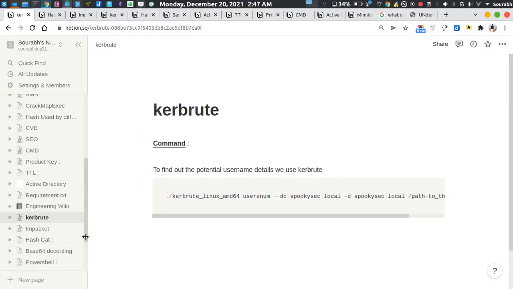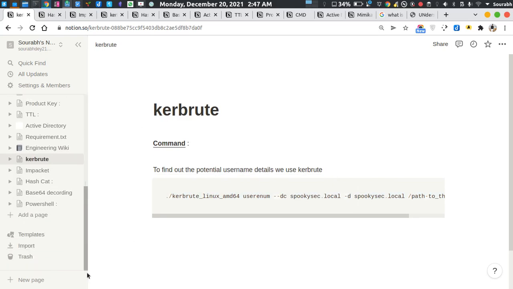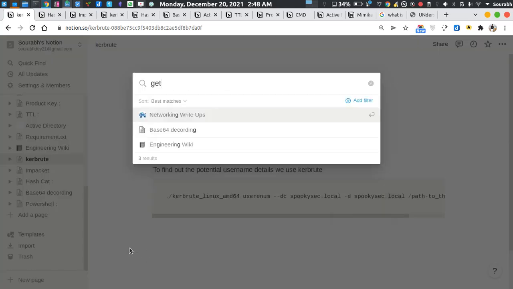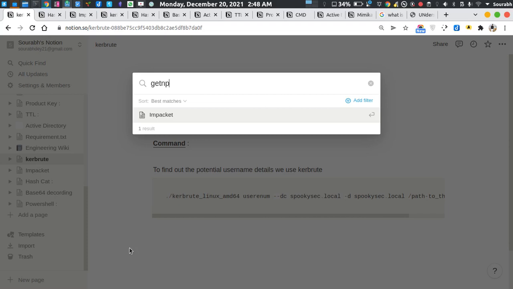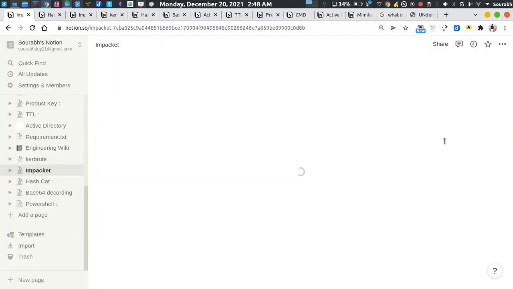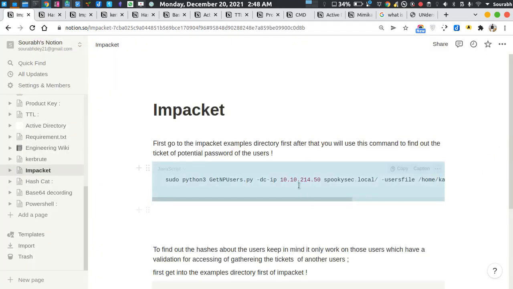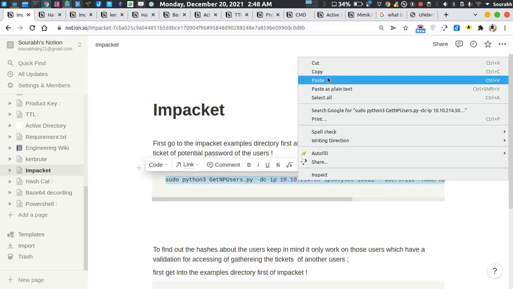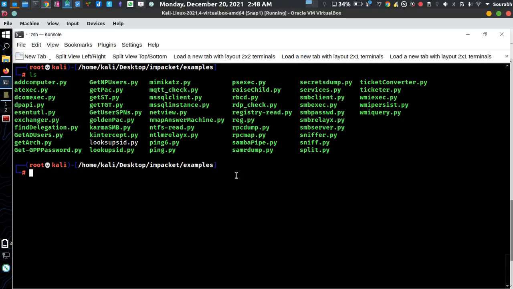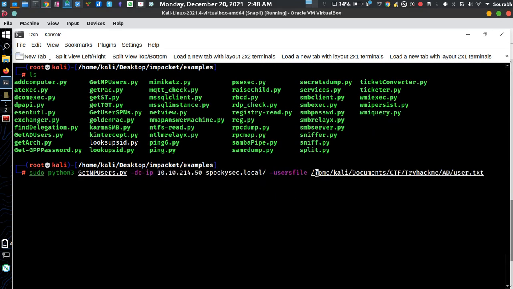Let me just find notes about that. GetNPUsers in Impacket. Yeah, it's in Impacket. So copy this entire thing, paste it over here.